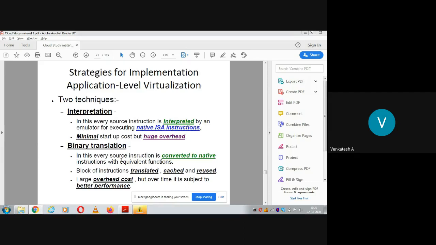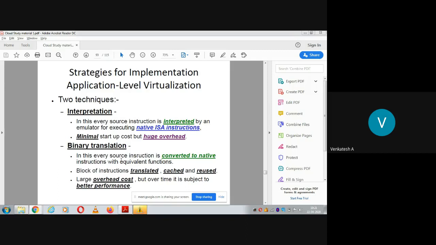It converts it into the native machine format with equivalent functions or routines, and blocks of instructions are translated, cached, and reused. So when you reuse the same functionality again and again, you need not do the binary translation again and again. Once you do the translation, it is stored in cache memory and can be reused as and when required.